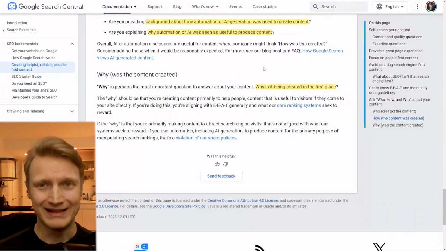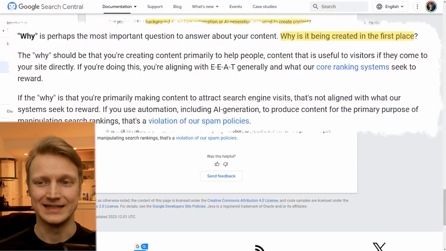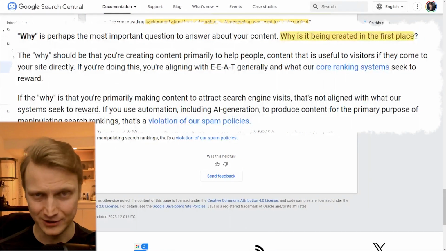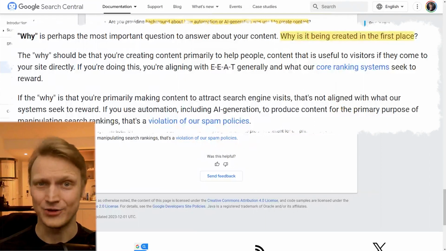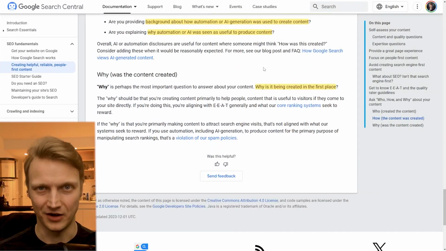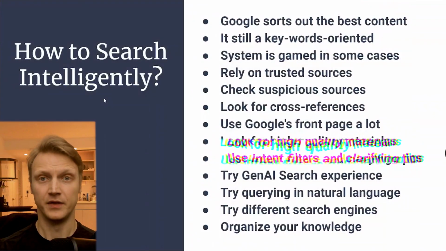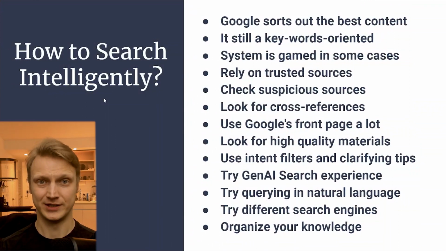And finally, why the content was produced in the first place is perhaps the most important question to ask. There needs to be a solid reason for them to send people to the page, especially in a highly competitive environment. So now that we've looked through all of the bits and pieces of what Google Search is composed of,